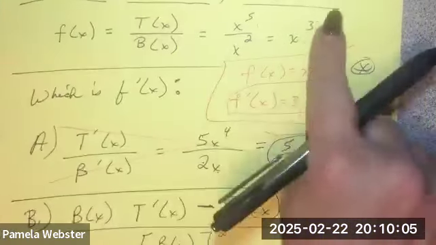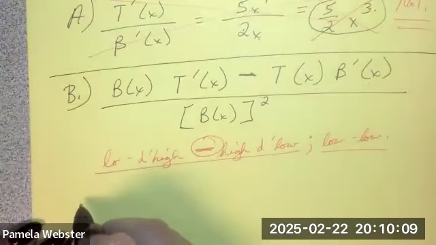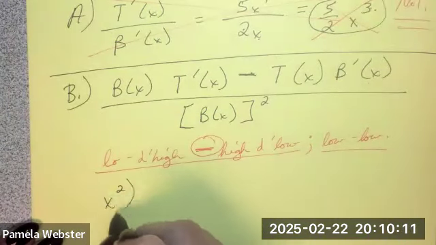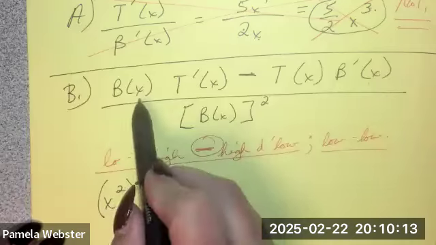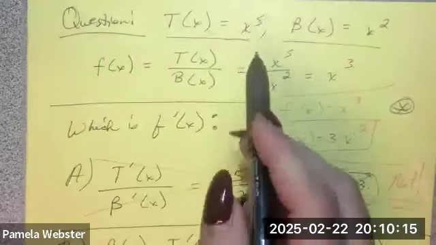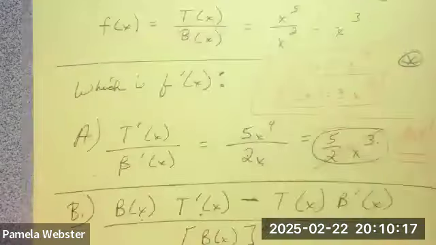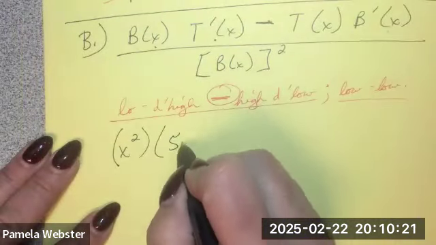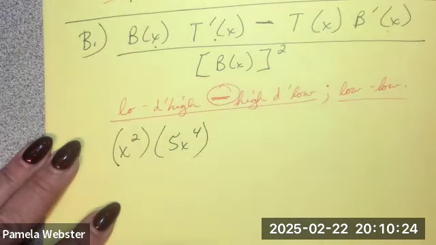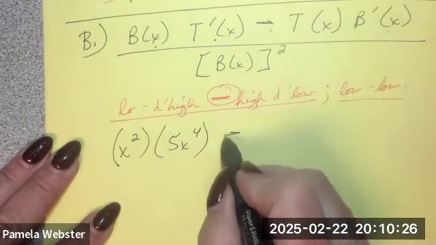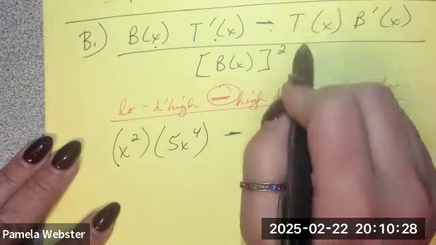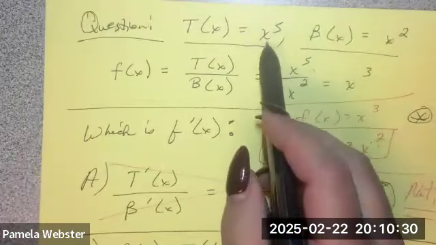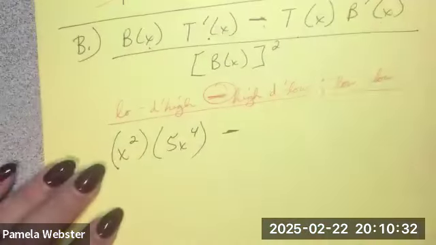Remember, the bottom guy here was x squared. So this says take the bottom guy just the way he is. Don't do anything to him. x squared times the derivative of the top. Well, the top guy was x to the fifth. So his derivative, we took it a minute ago, 5x to the fourth. Okay. Minus, because there's a minus in the formula, the top guy, just exactly the way he is, x to the fifth,